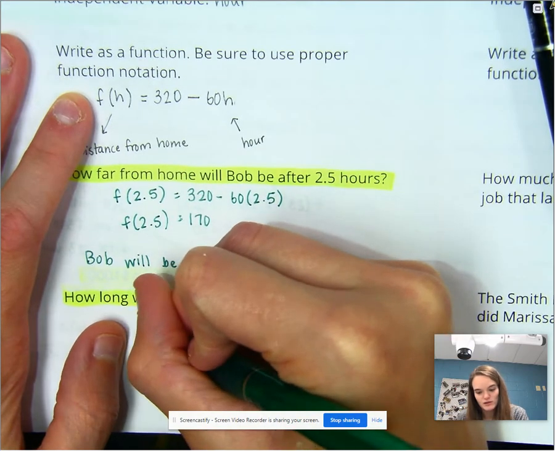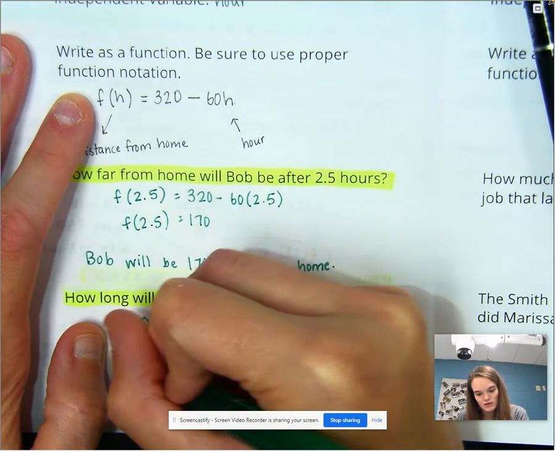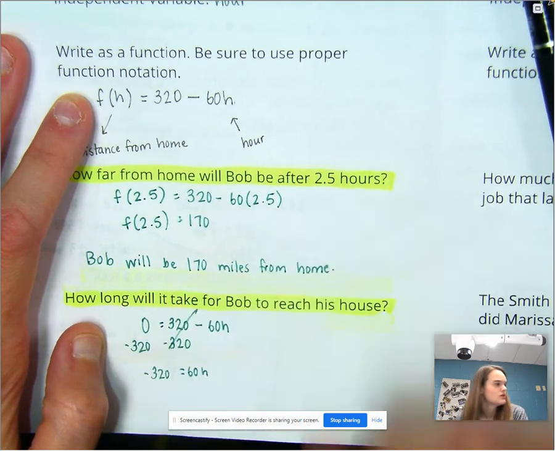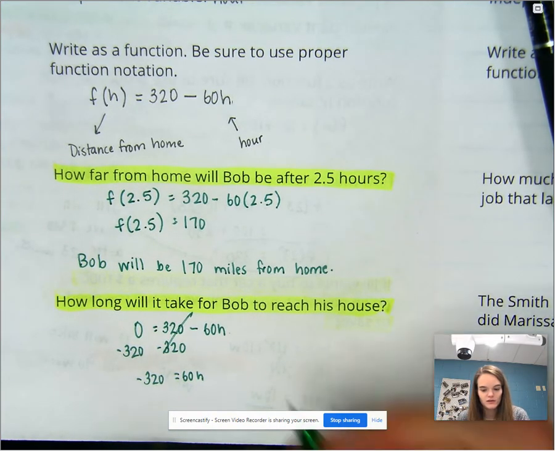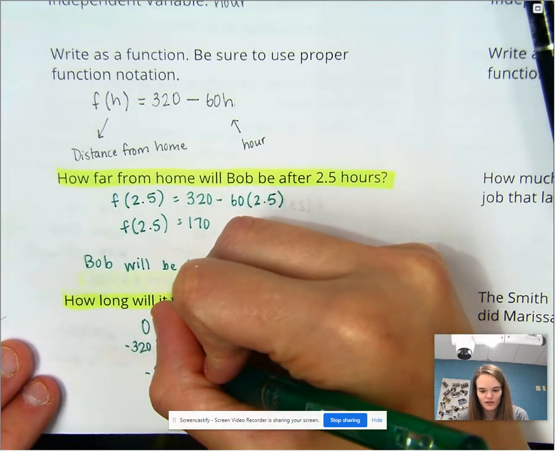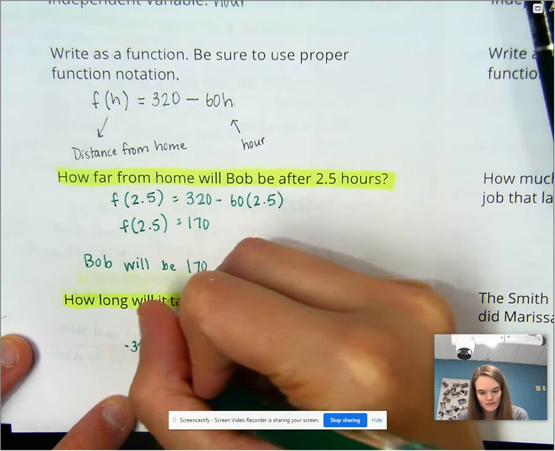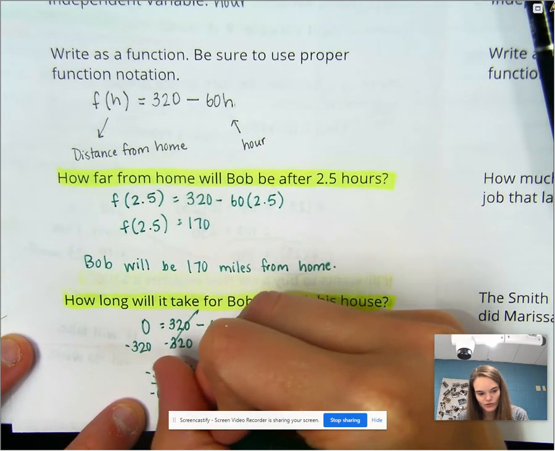Subtract 320. Negative 320 equals negative 60h. Divide negative 320 by negative 60. I left off the negative, guys. And I got that h equals